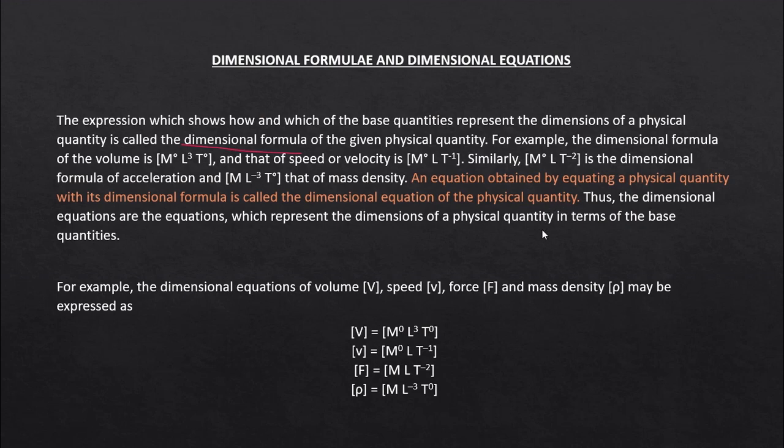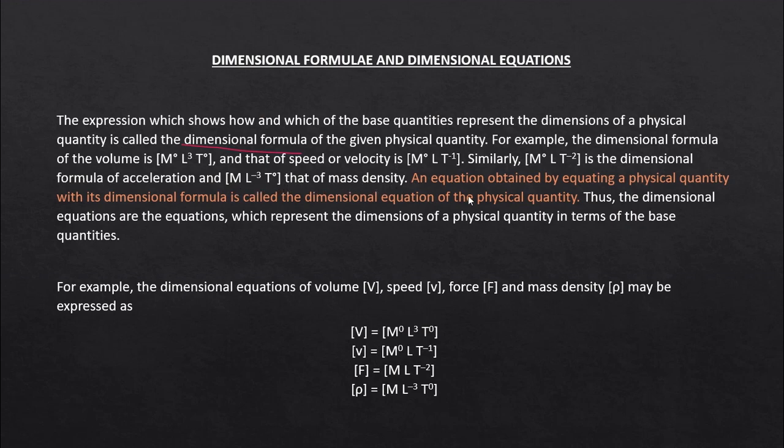For example, the dimensional formula of the volume is M0 L3 T0, and that of speed, or the velocity, or the initial or final speed, will be M0 L T minus 1. Similarly, M0 L T minus 2 is the dimensional formula for the acceleration,